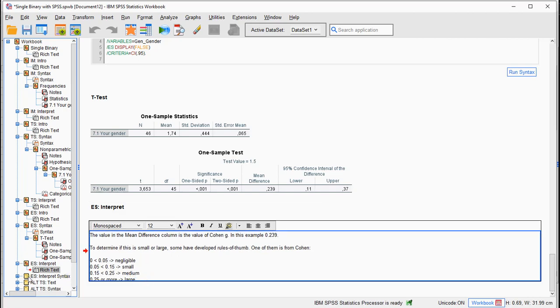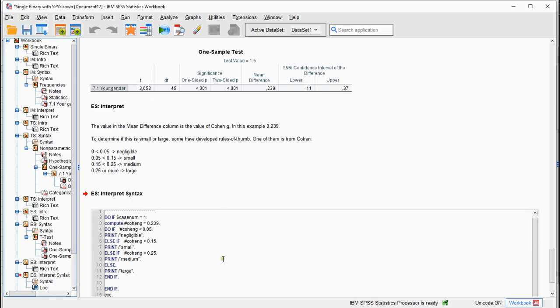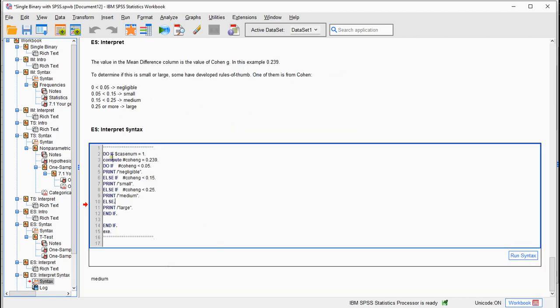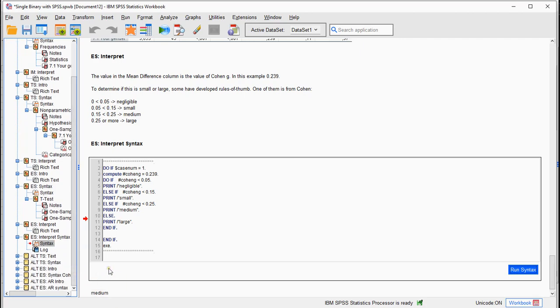Alright, if you don't like to read from this table, you can copy my syntax that I've written here, which simply does that same thing. You can change the value that you found for Cohen's G here, run the syntax, and it will spit out that this is a medium effect size. And then you actually have all the steps that you need to analyze a one